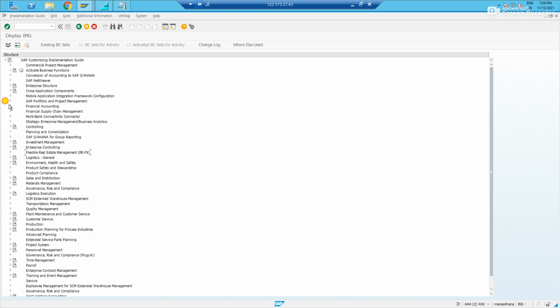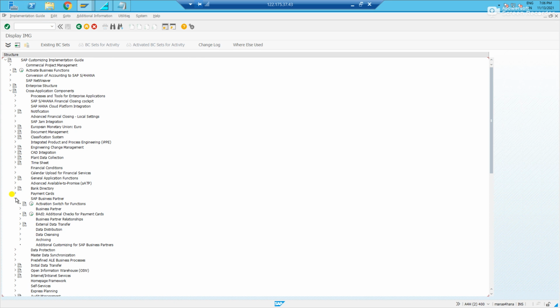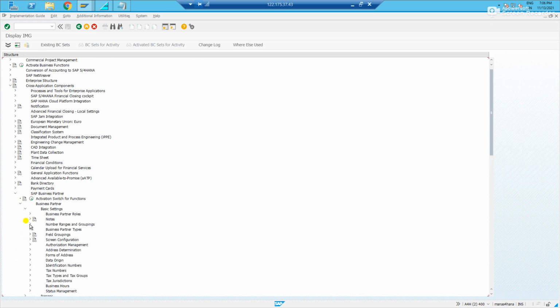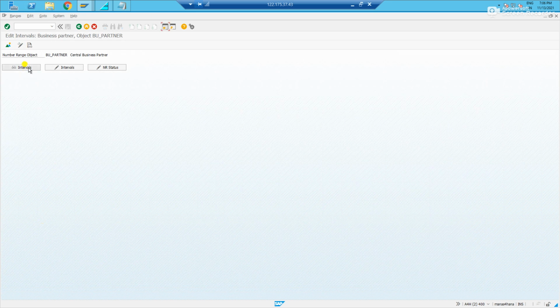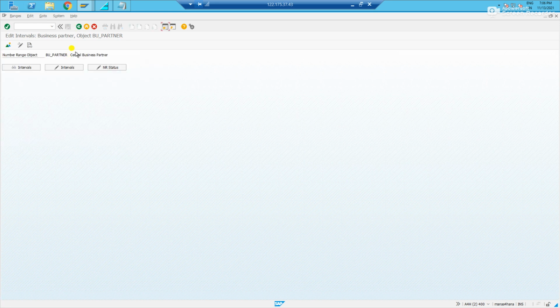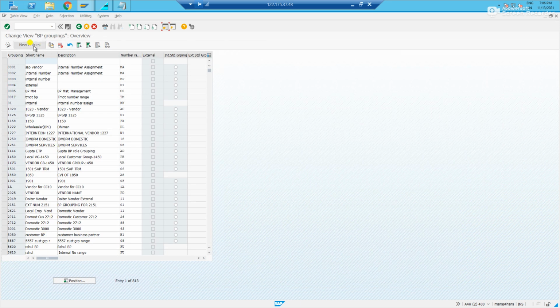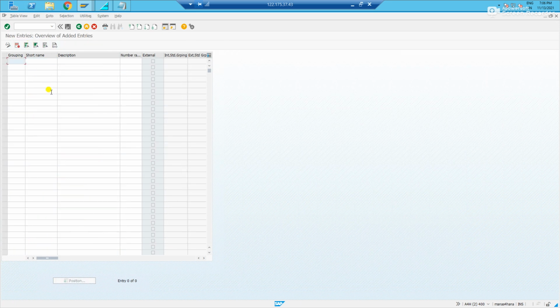Then we move to cross applications to create a BP group for a customer. SAP business partner, basic settings, number ranges and groupings. Here we'll see the number range. We'll use the same DV that was used before. Let us define a group for customer BP.